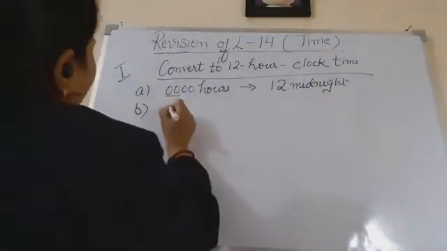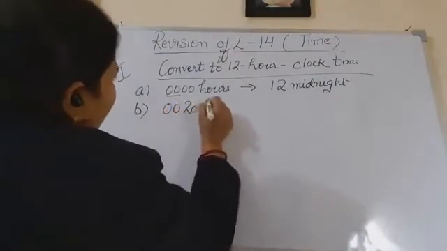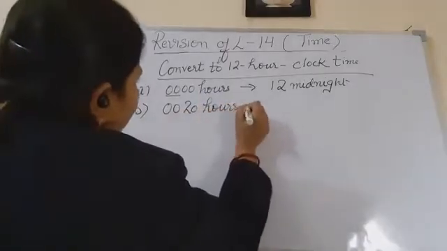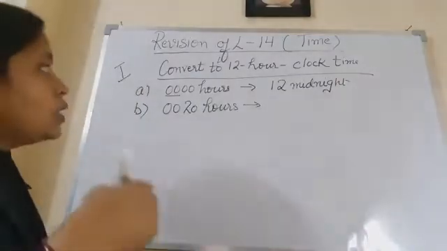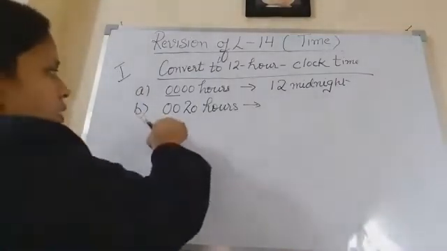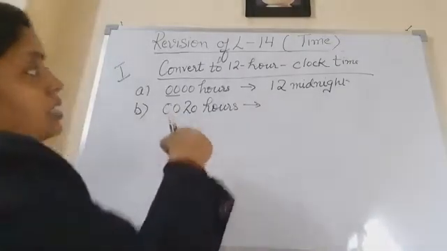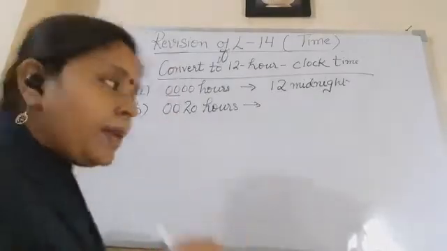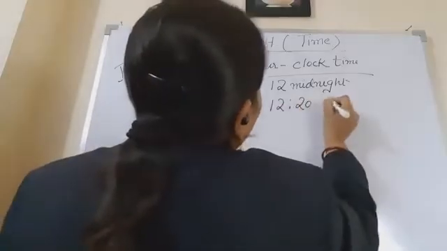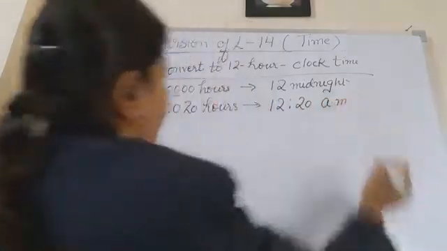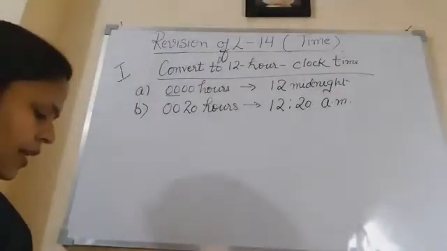So here the time is 00:20 hours. So what does this time stand for in 12-hour clock time? Well, 00 means 12 midnight, and 20 minutes means 20 minutes past midnight. So 12:20 a.m. So this is the time in 12-hour clock time. Now children, the second one is